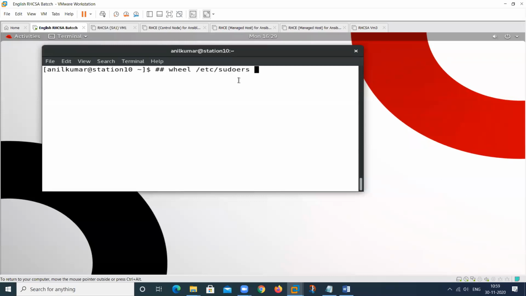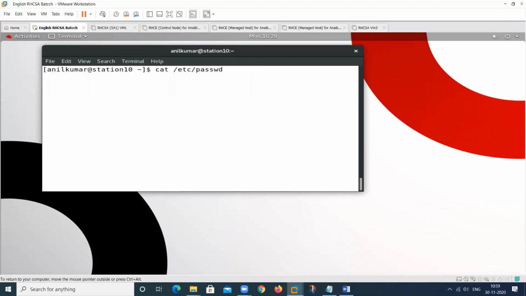In this file, if we add any user, that user will become a super administrative user, and he can perform the super administrative commands. It will not necessarily perform all the commands, but only some commands. So we can provide permission to perform some commands or all the commands. We have a lot of options in this particular file, but at this time I am providing you some information, and we can change more and more things in this file.